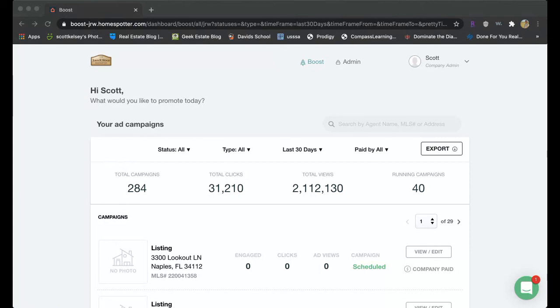So if you have 300, or if you have 3,000, the more email addresses you have, the better it's going to be coming across. So I was talking to Scott. He was on here a few weeks ago, the other Scott from Homespotter, and we've been working back and forth with this, and it was 500 email addresses that you had to have, but he got them to knock it down to 300. I'm sorry. So it did give our agents a little bit of extra room.